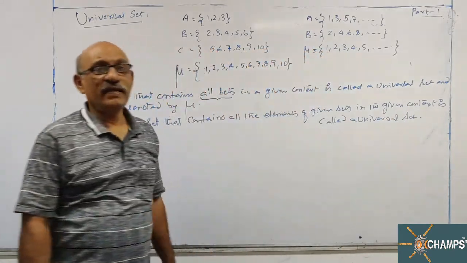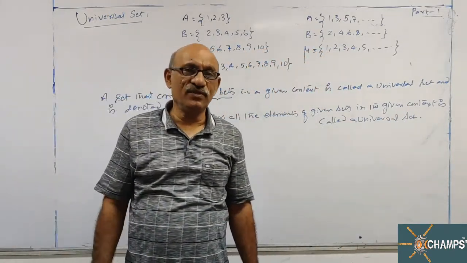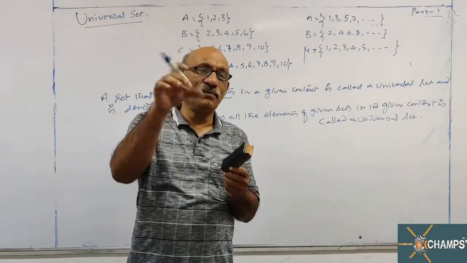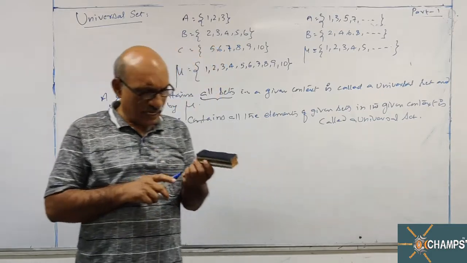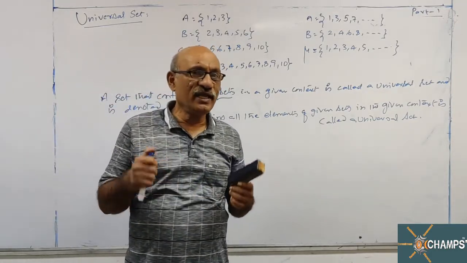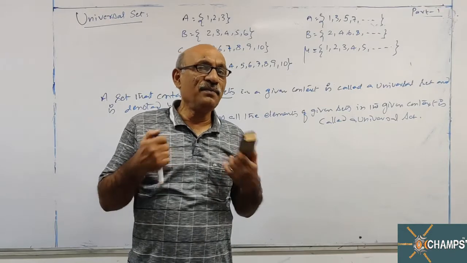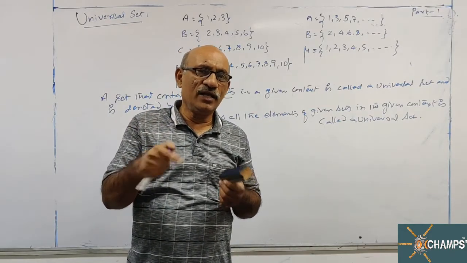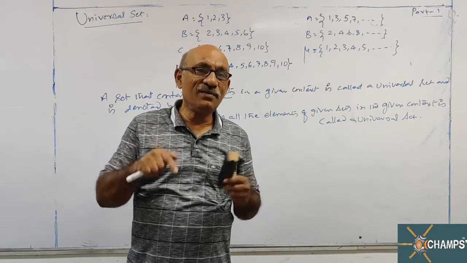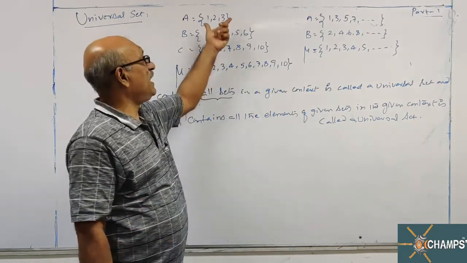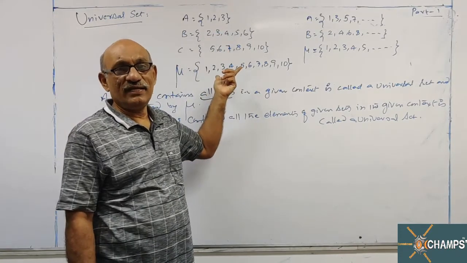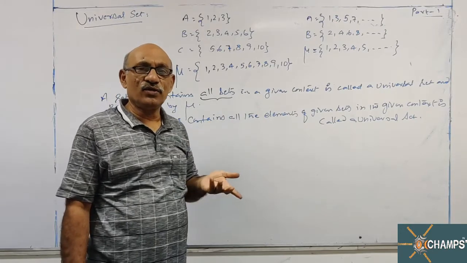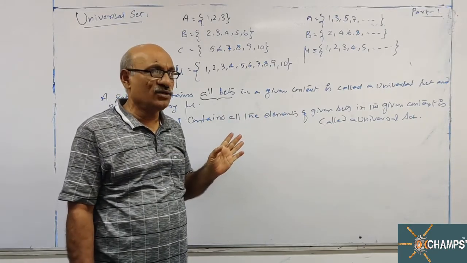So when you are defining or talking about a set, remember this point every time: you are viewing this particular set from its elements' point of view. Again I am repeating this point. When I am saying something about a set, I mean that the set contains what? A set has elements. So which elements does it contain? It contains the elements of all the given sets in the given context. That is what I want to say. Don't get confused with the terminology.